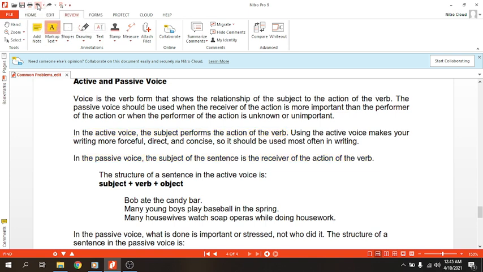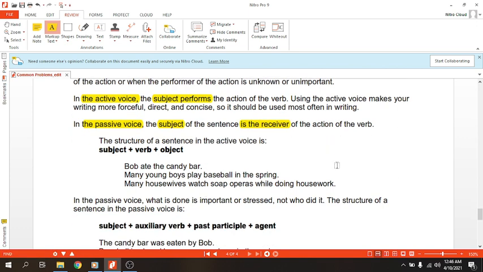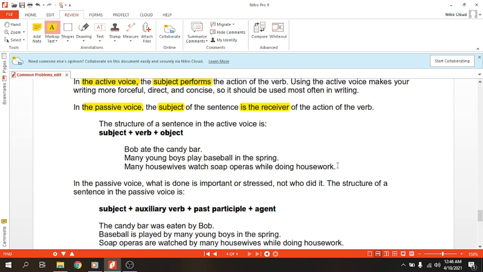Nah gini kali ya, saya ubah. So active voice, subject perform. Okay, and the passive voice, the subject is the receiver. So it's different. Nah, bedanya itu juga bentuknya berbeda ya. Jadi kalau dia active voice, maka dia kalimat biasa yang umumnya kalian tahu ketika belajar tenses. So, subject and the verb and the object.